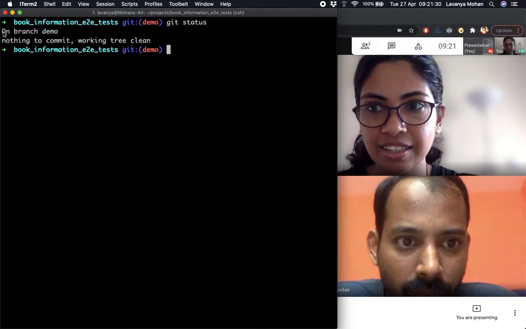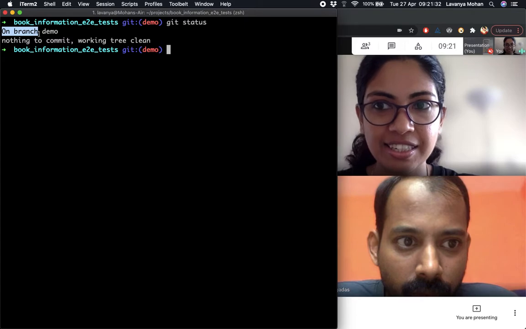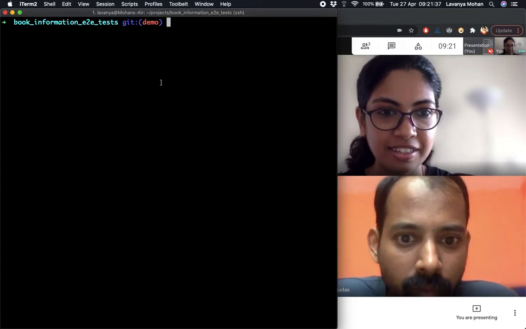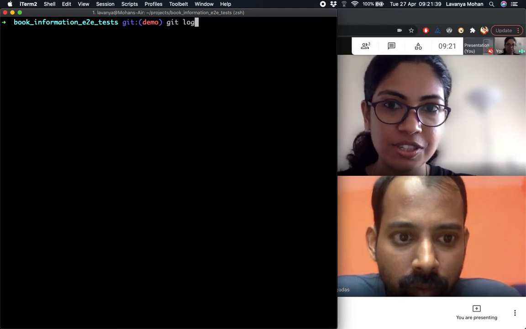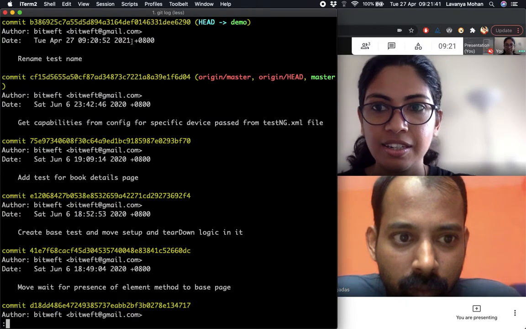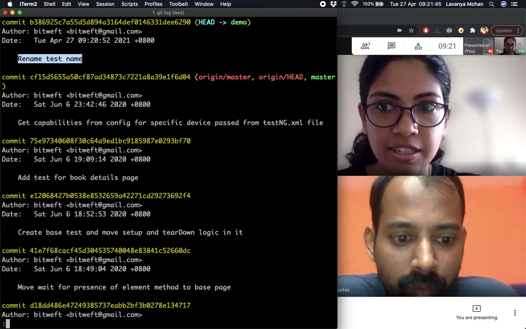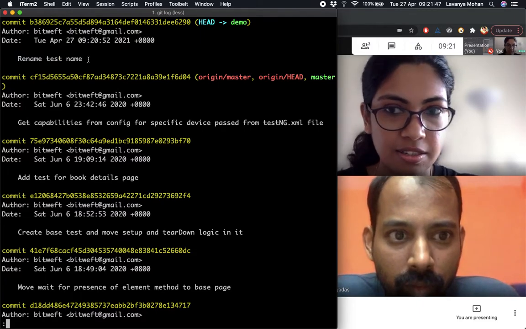But even then, when we see git status, it says nothing to commit, working tree is clean. Let's actually look at git log to see if we really made a commit. If you see git log, we can see this new commit. We just made a commit with the message rename test.